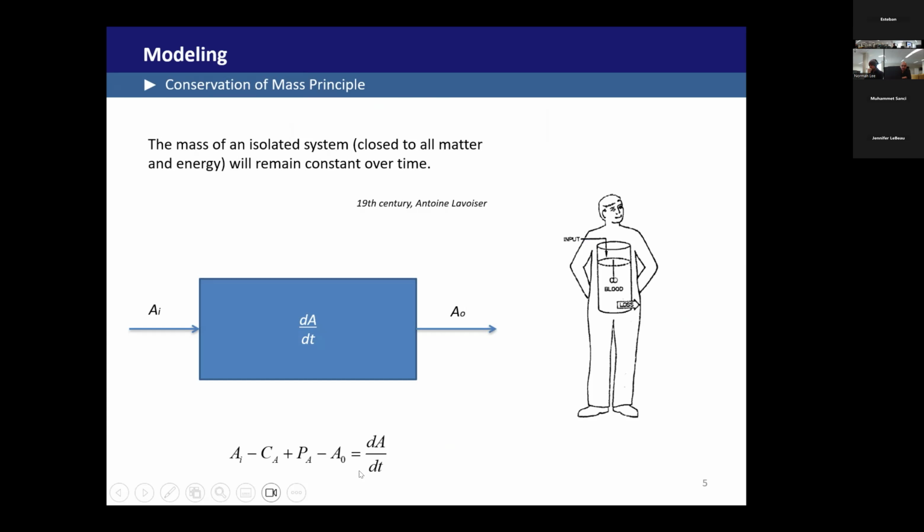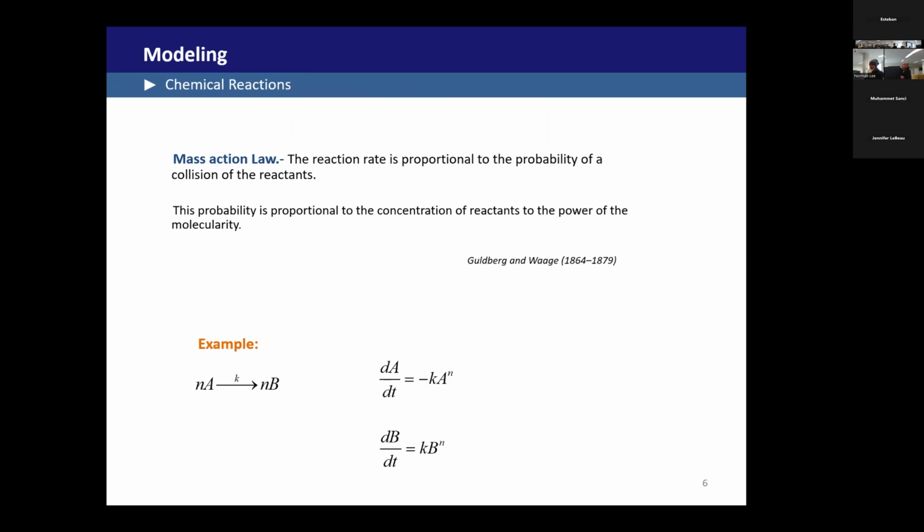We can do this in very general cases. For instance, if you speak about some organs or a part of the body, you could make a mass balance, and then you could check how certain cells are changing in certain organs. This is very common also in chemical engineering, with reactors, and even in electronic engineering, as you always have a mass balance present there. So I will not go into too much detail in this part, just remember that differential equations are everywhere